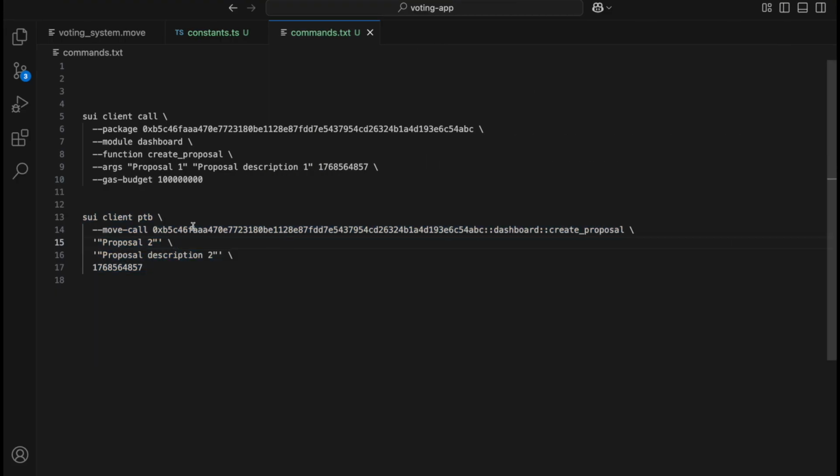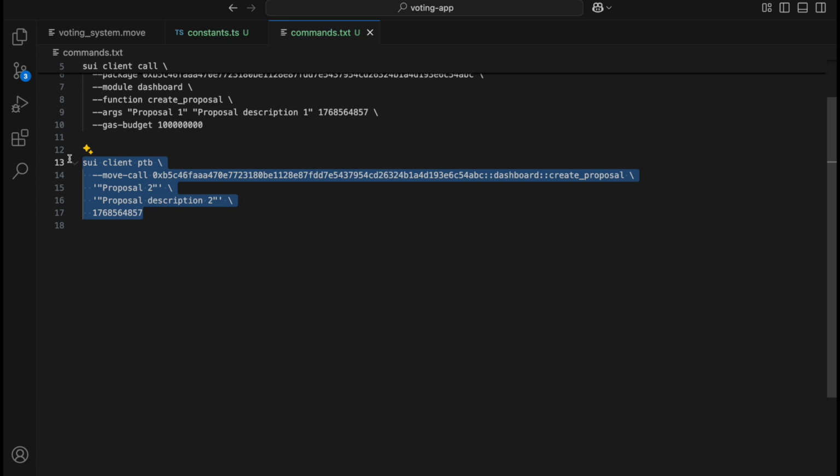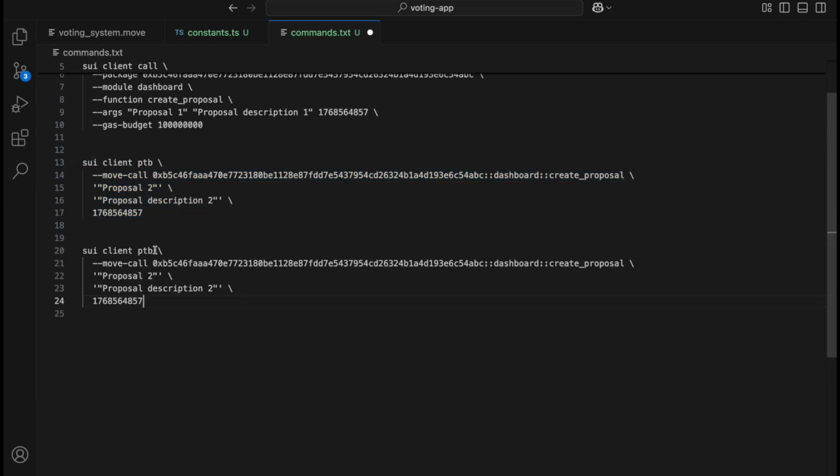So now we will really use the PTBs. Copy this one here. Get it down here and let's do it this way. I think this line would be too long if we would write it as a one-liner here. Maybe I can write it like this, and I will break the line here. So here we'll be creating the proposal, and we'll call this proposal 3, and description 3, and the timestamp